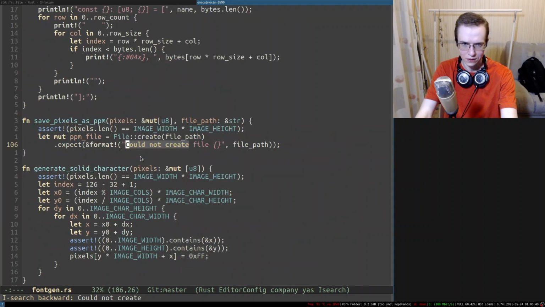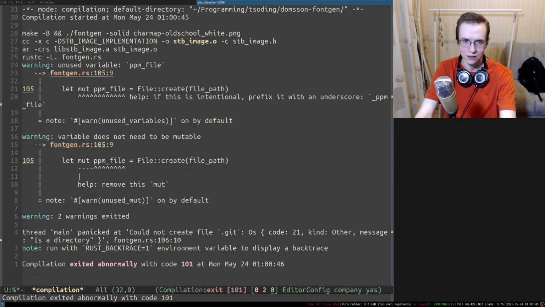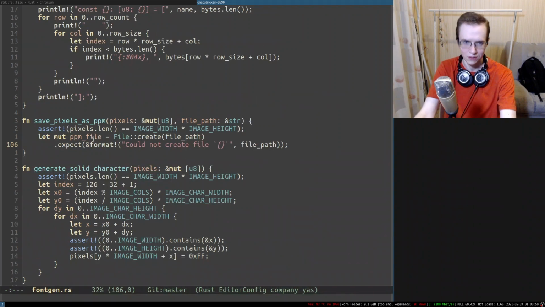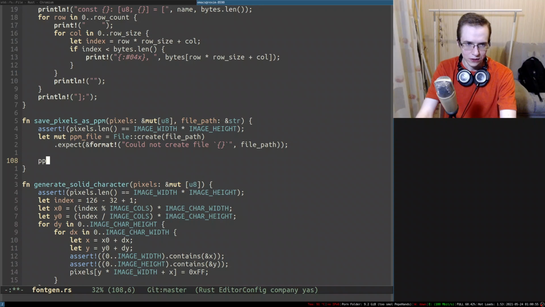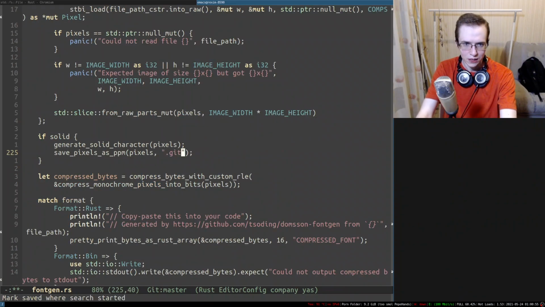It would be also better to actually wrap it into some sort of backticks, so you can instantly see the .git. Here it is. I think it does make sense. All right, so we open the ppm file, and the first thing we want to do in the ppm file is to save it to an actual file. Pixels ppm,